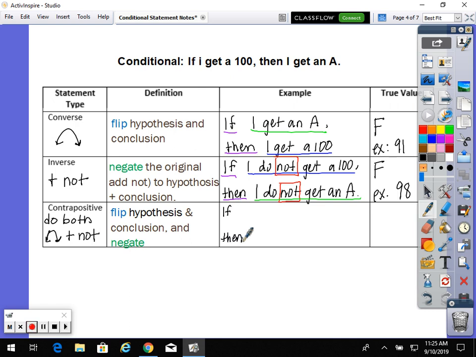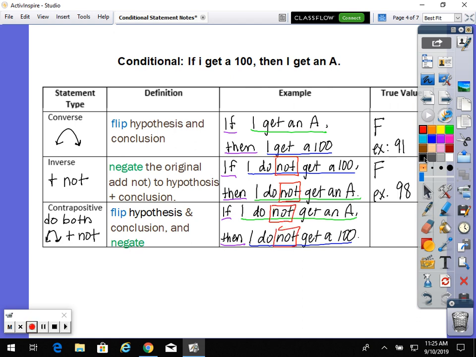And it's going to read like this. If I do not get an A, then I do not get a 100. We're going to go ahead and underline in purple my if and my then. And then since I have flipped the hypothesis and then the conclusion, the hypothesis is down here in blue, the conclusion is up here in green. And then I'm going to go ahead and box my not in red,